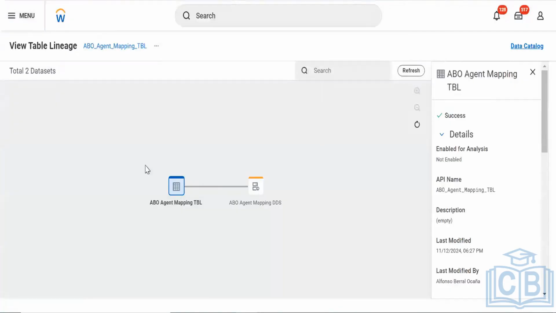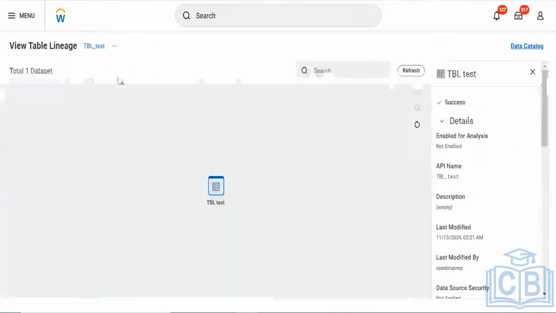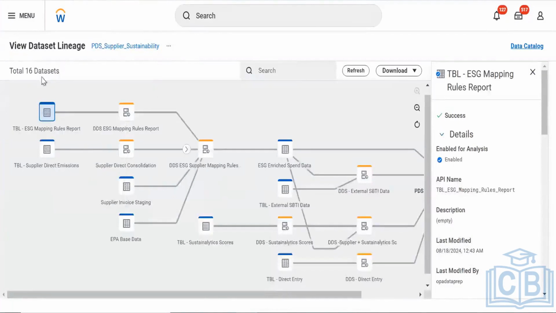Here I can see that the thing which they mentioned is being imported by this one. Whenever something is connected with anything, it might be a derived dataset, it might be a base dataset or table. If it is connected with any of the other objects, we won't be able to remove or delete it.